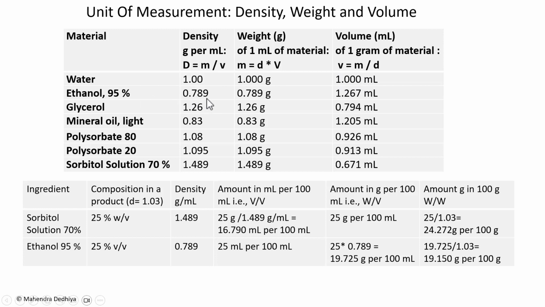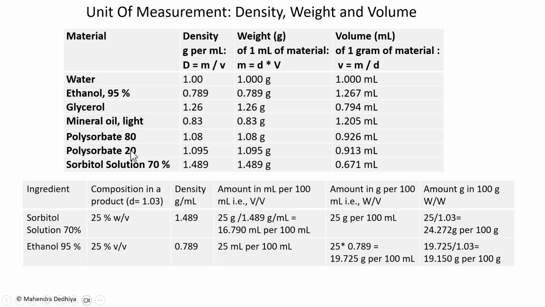Ethanol has a density of 0.789, so 1 milliliter of ethanol will weigh 0.789 gram, and 1 gram of ethanol will have a volume of 1.267 milliliter. Similarly, glycerol density is 1.26. That means 1 milliliter of glycerin weighs 1.26 gram, and 1 gram of glycerin measures 0.794 milliliter. Similarly, the reader can calculate the volume and the weight based on the density measurement shown here for mineral oil,